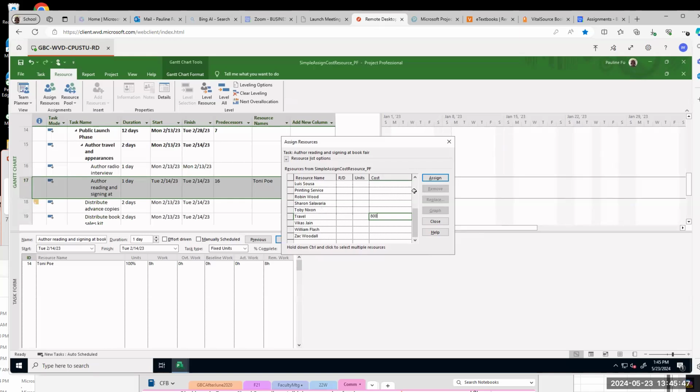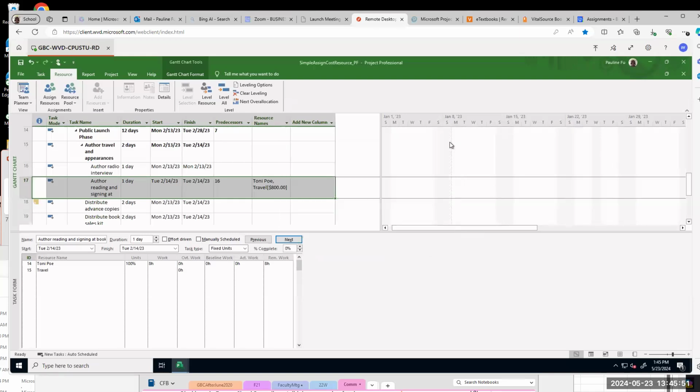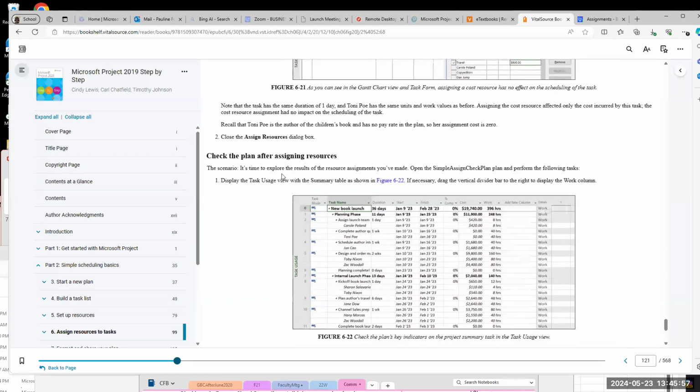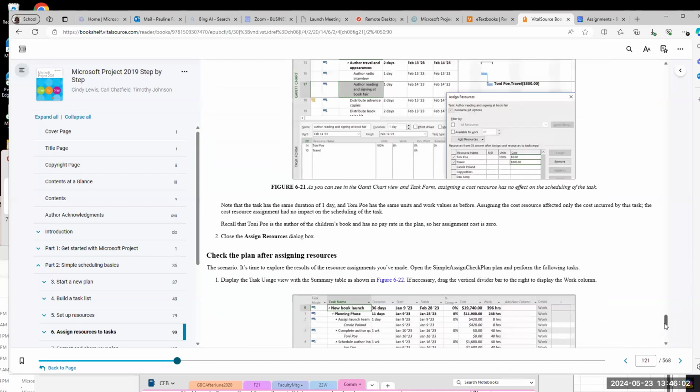So we finished step 1, okay. Close assign resources box is step 2. So we finished this file.